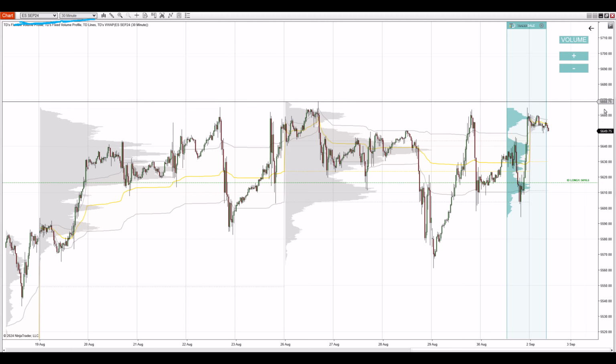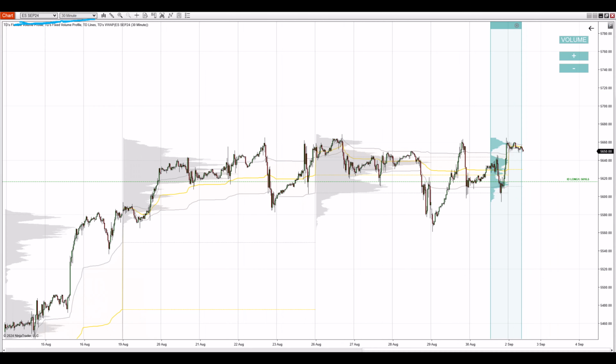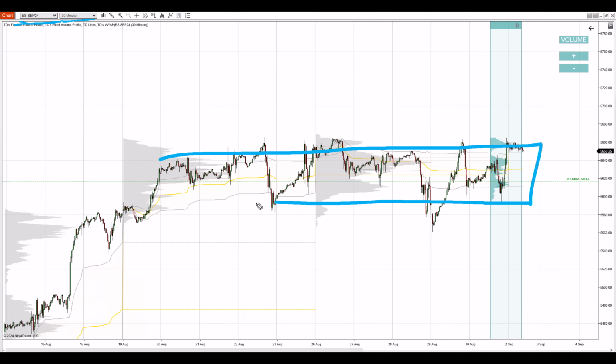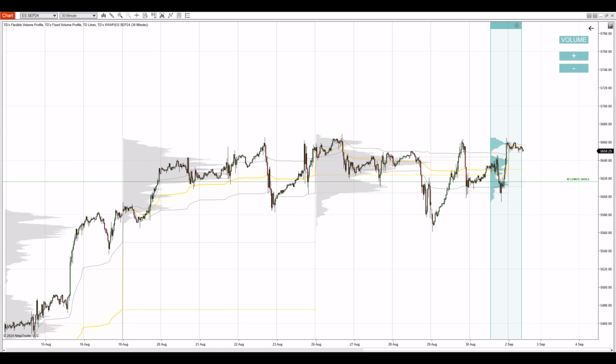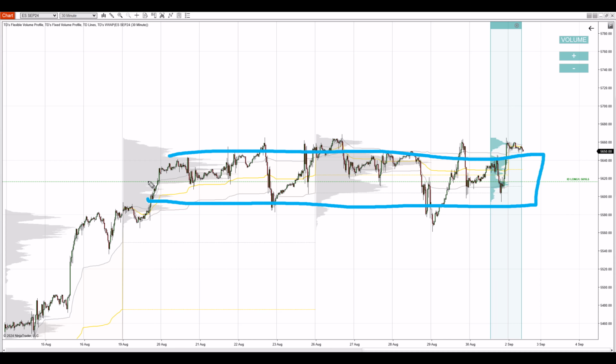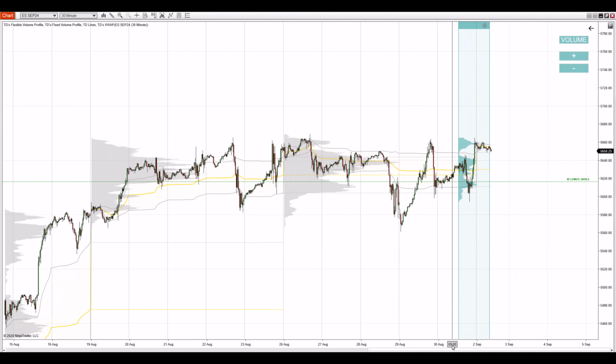On the ES, if I zoom out a bit, currently there's a sort of rotation where not much is happening. If I had to guess, I think that markets are waiting for some impulse, and that impulse could be this Friday when there is the NFP payrolls macro news. But very often after a rotation like this, there's a strong trend. So I'm waiting for some impulse to start that trend, but until then